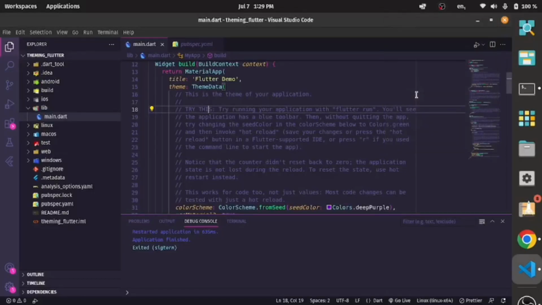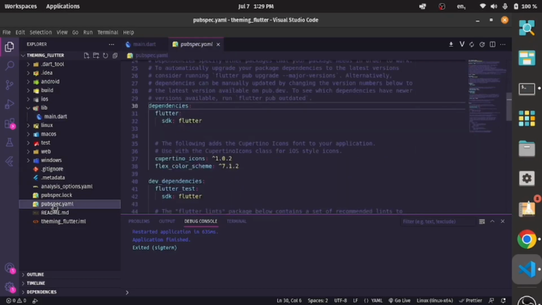In today's video, we'll be looking at theming in Flutter. Now, theming in Flutter is a little bit complicated, but today we'll be using a special package which has made it easier for us, the Flex Color Scheme. And today we'll be looking at how to use the built-in Flex Color themes and also creating your own custom